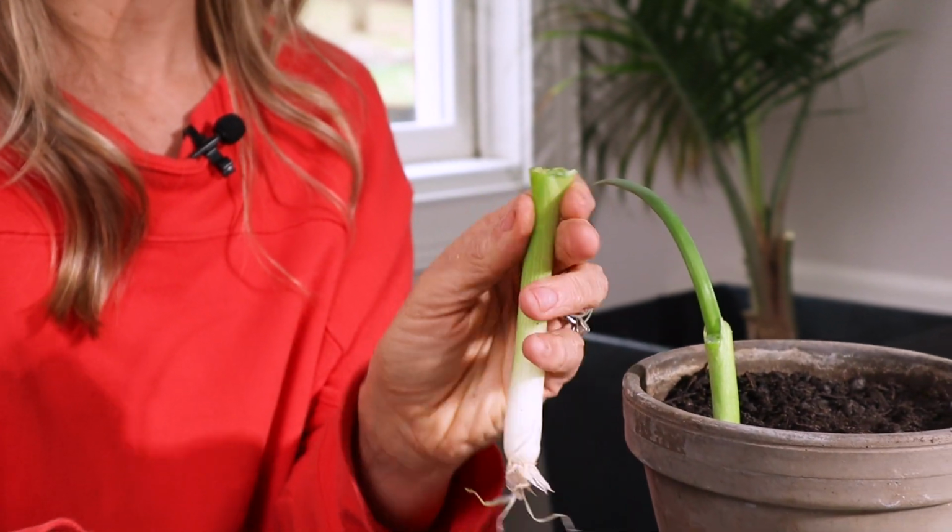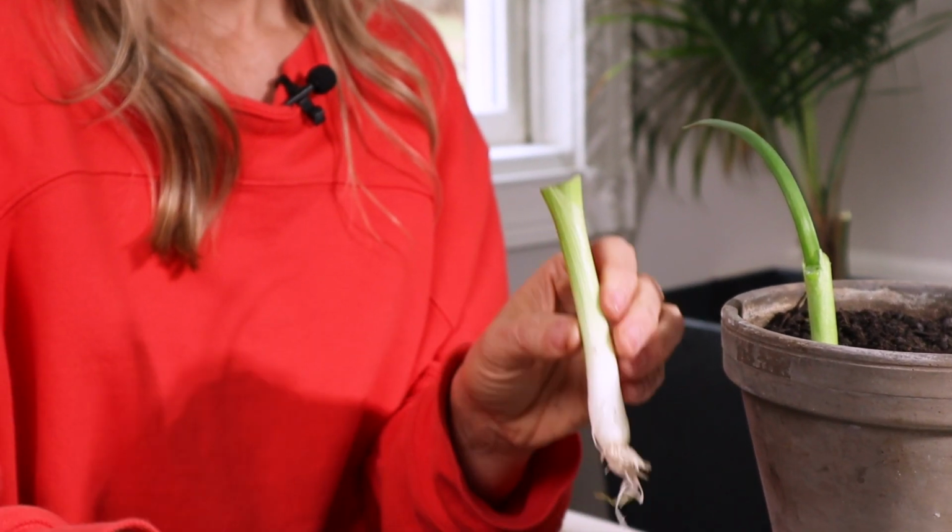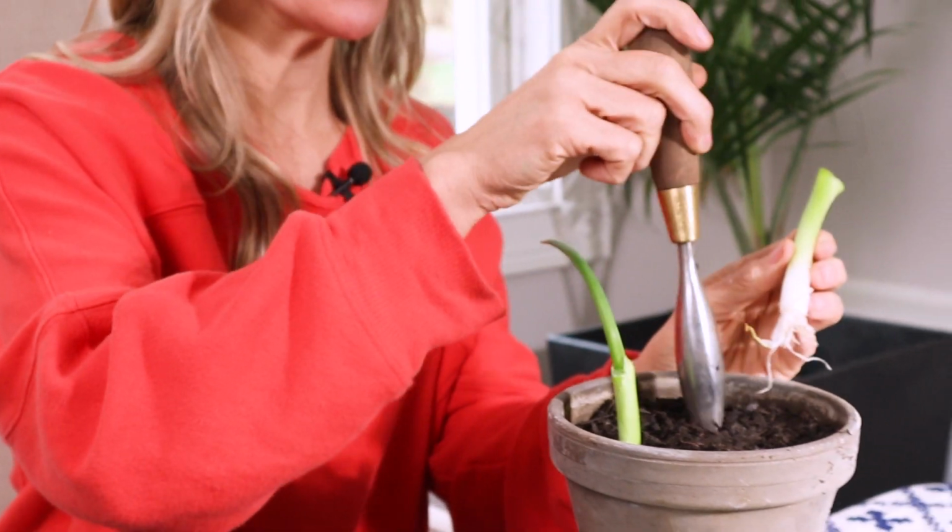For my situation, I'm going to cut right here. And you can already see when you look in there, a lot of times you're going to already see where that new growth is coming from. So I'm going to do the same thing. I'm going to take my bulb dibber